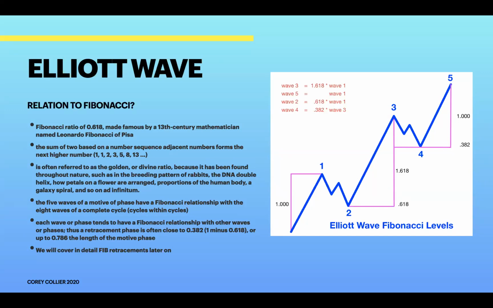So what that means is 1 plus 1 is going to equal 2. 1 plus 2 is going to equal 3. 2 plus 3 is going to equal 5, and so forth, right? It's the same thing with the Elliott wave, depending on the retracement. So if you look at the diagram to the right, it says wave 3 equals 1.618 times wave 1. What that is, if you look at wave 1, that is a 100% move, right? And if you look at wave 2,